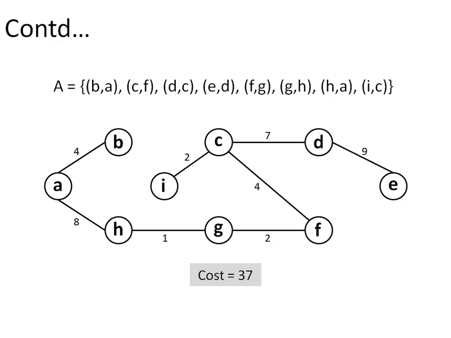As far as the complexity of Prim's algorithm is concerned, depending upon the implementation of the priority queue, the complexity will vary. If we are using a normal binary heap, which we have discussed in this course, then the complexity comes out to be order of E log V. However, if we use other implementations of the heap, then the complexity will change.